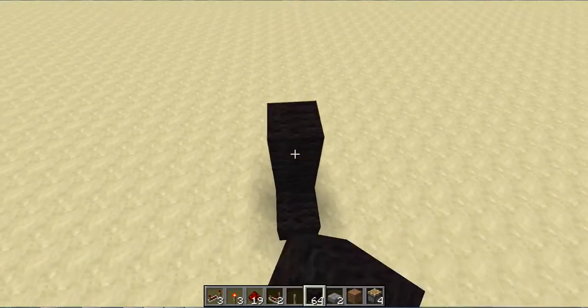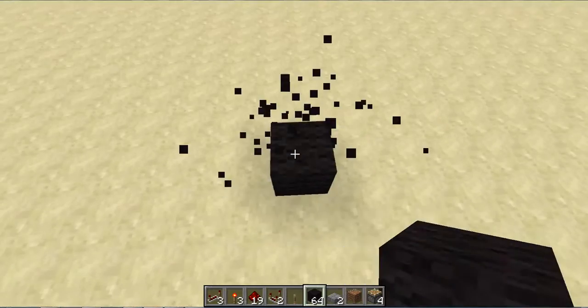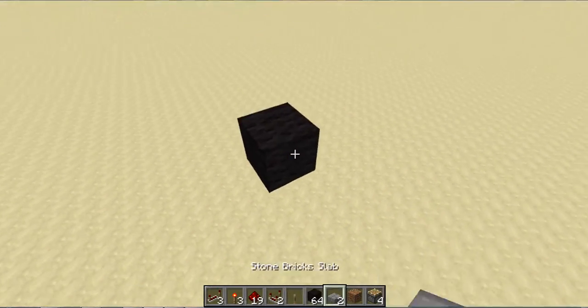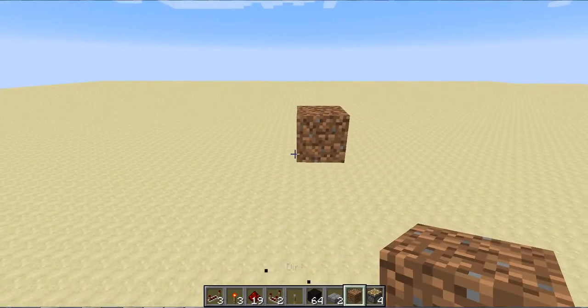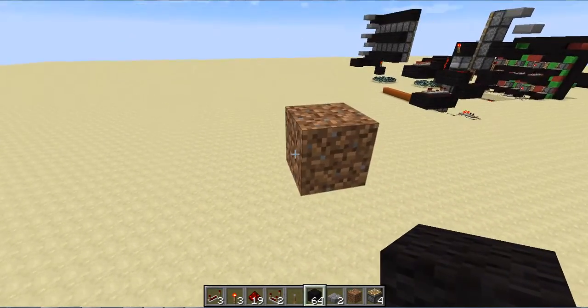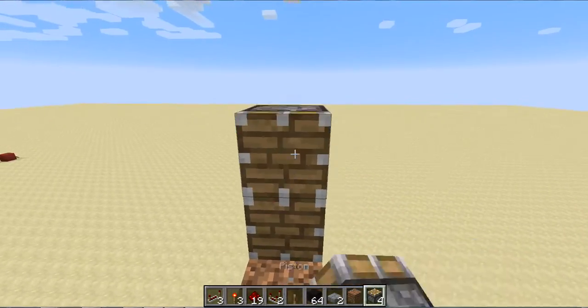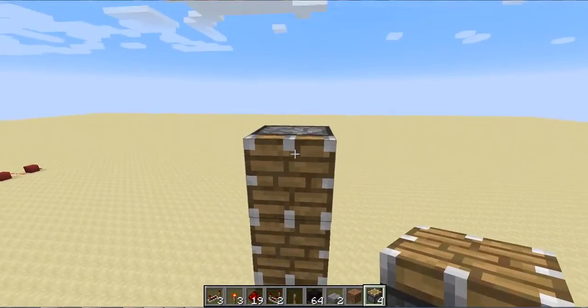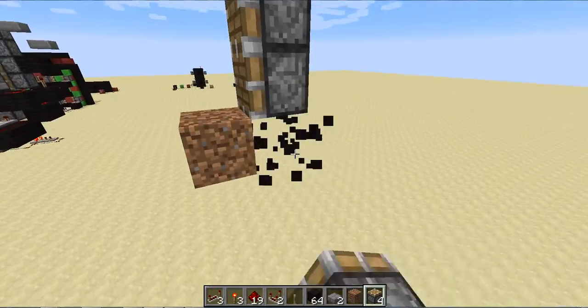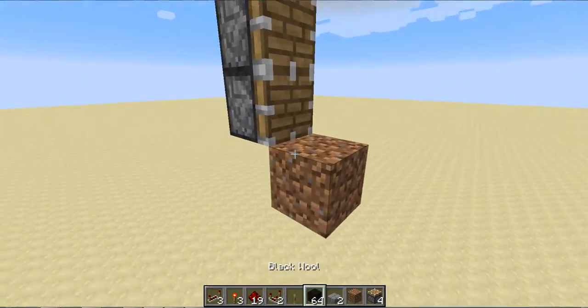So I built mine in the air because I just like to. You guys don't have to. But anyways, start with your 1 dirt block, and then obviously you're going to need to place 4 pistons. They have to be normal pistons. So if you have sticky pistons, I'm sorry. And then